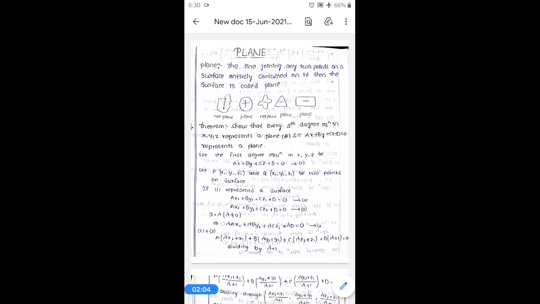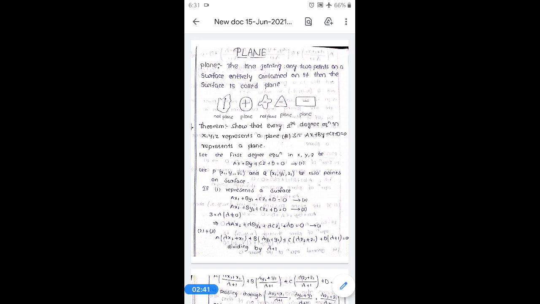That means, suppose S is a surface. Choose A, B as any 2 points on the surface and connect A and B by a straight line. If the straight line entirely lies in the surface for any 2 points chosen, then the surface is called a plane. Now we go on to prove a certain theorem.